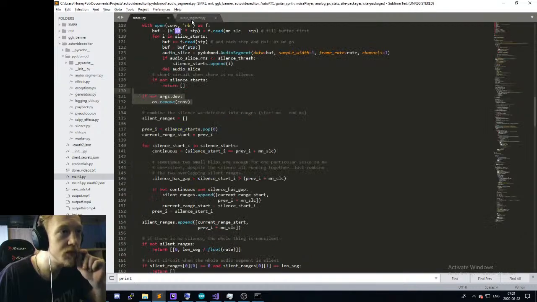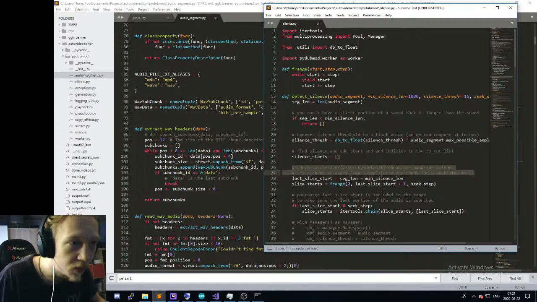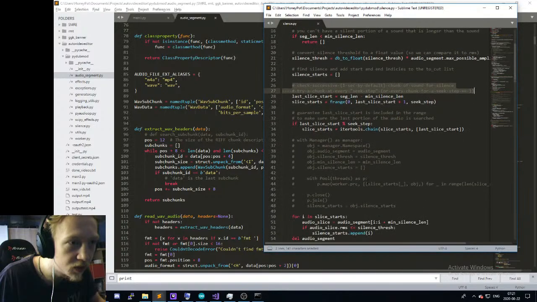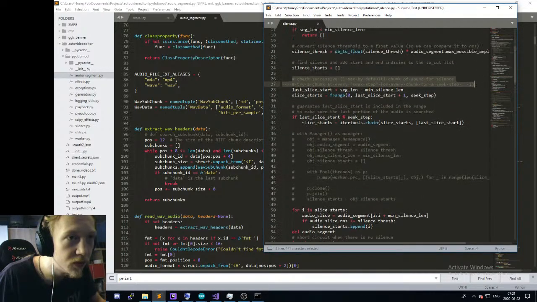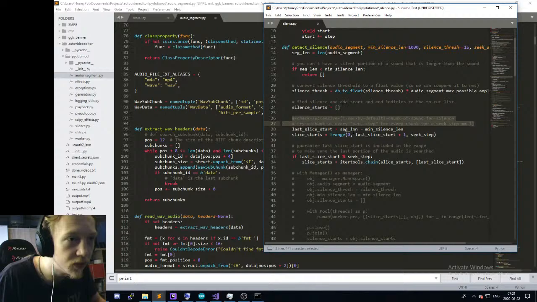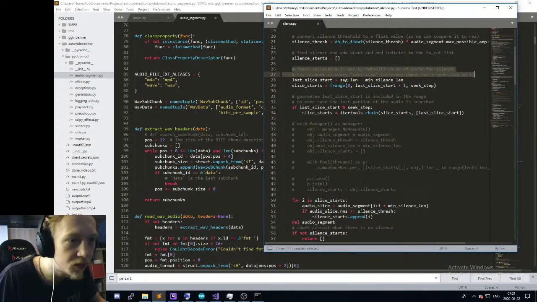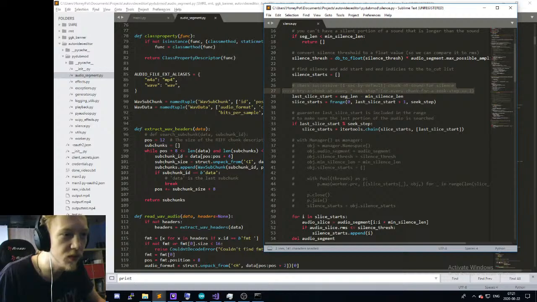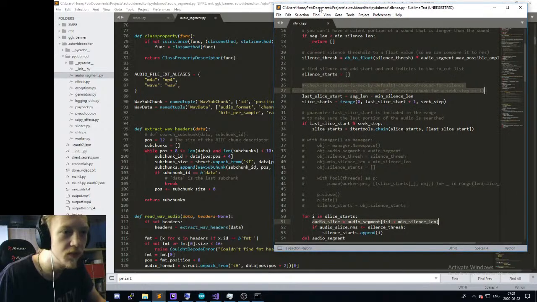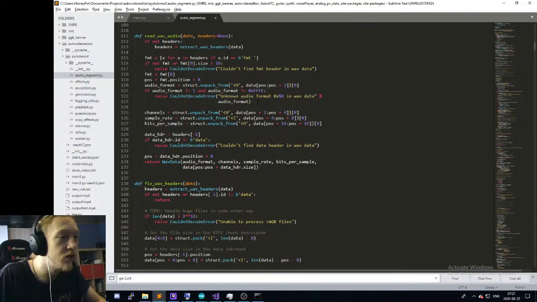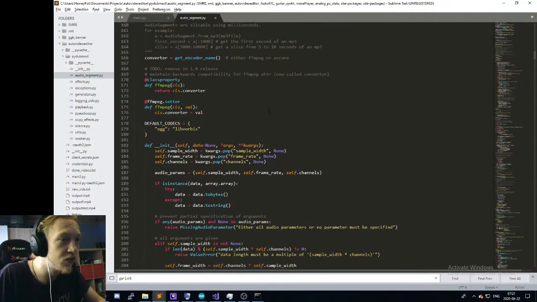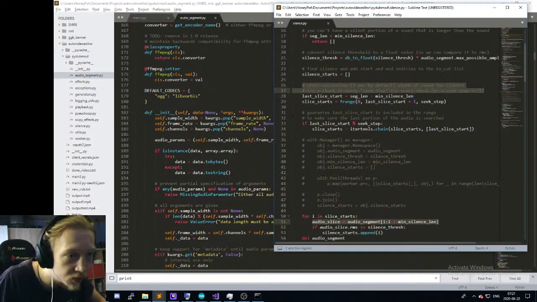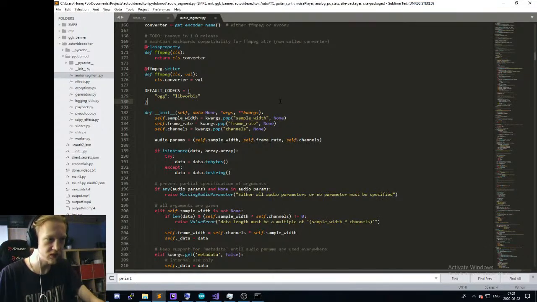And yes, that's how much we need to see along with this. If you look at that, and you then inspect the code for spawning an audio segment, you will quickly realize, or for slicing an audio segment, I should say,